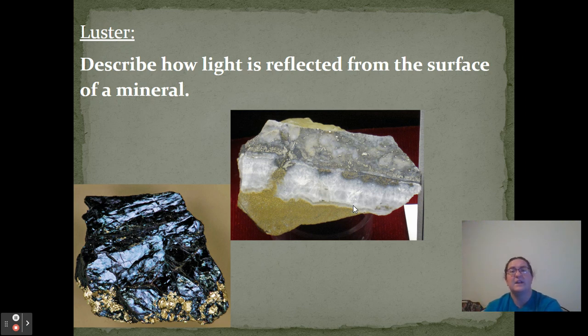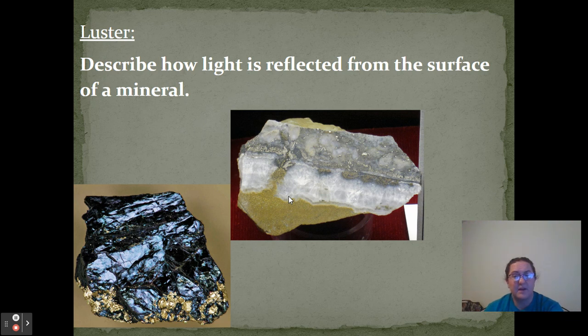Luster is the description of how light reflects off the surface of a mineral. Some are going to be metallic, which looks like this one. It's going to have a metal shine, kind of like what your desk, chairs, and tables look like. But then you also have non-metallic, which is going to be like your glass, your